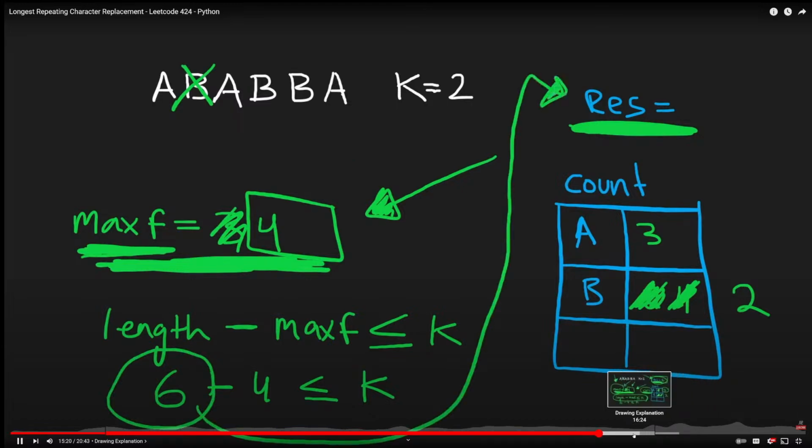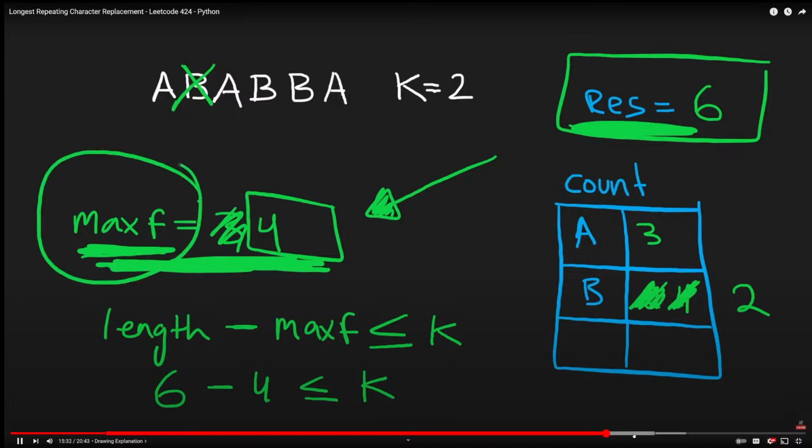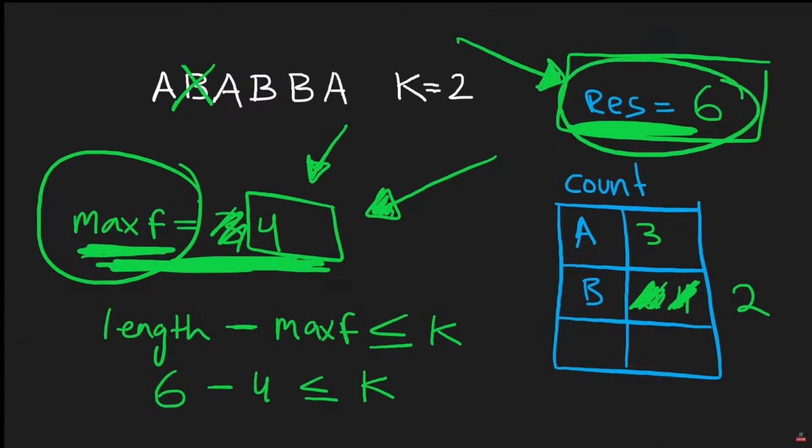So let's say our result is now 6. If we're ever going to increase the result from 6 to another number, like 7, we would require our max frequency to increase. If it stays the same or if it decreases, our result is never going to change, because we only change our result when we increase our max frequency, because that's the only way that